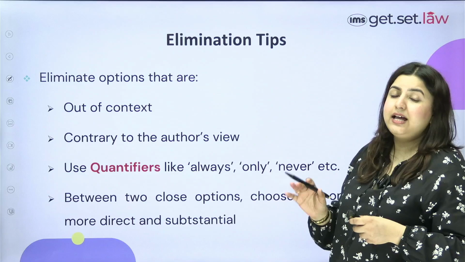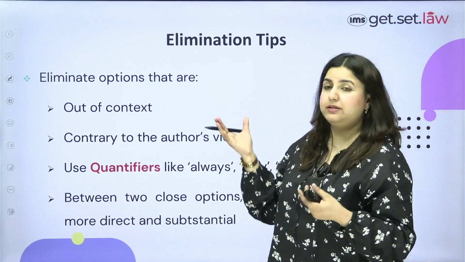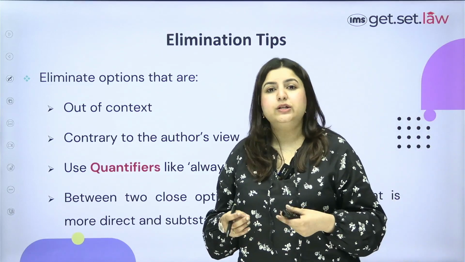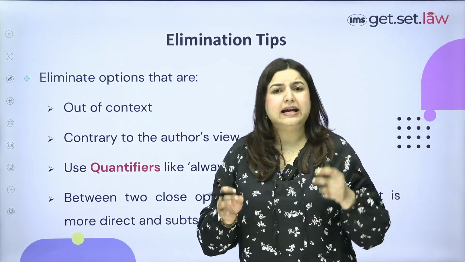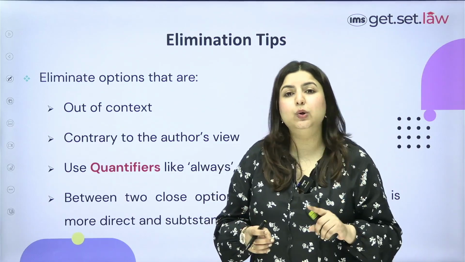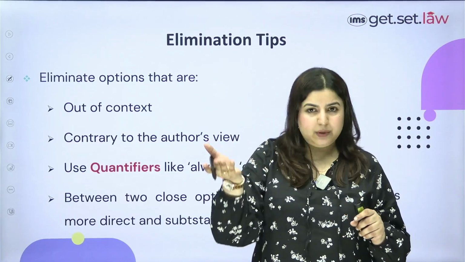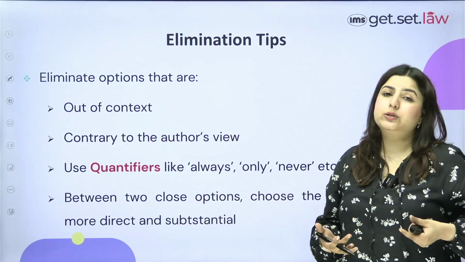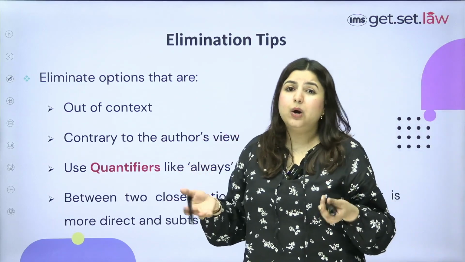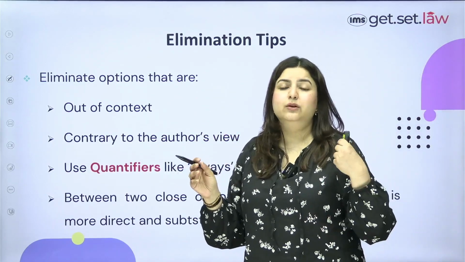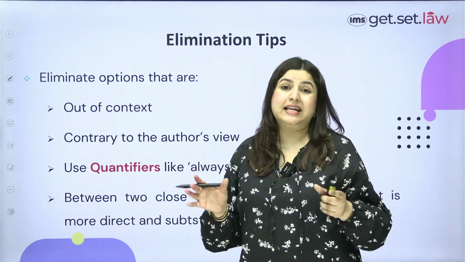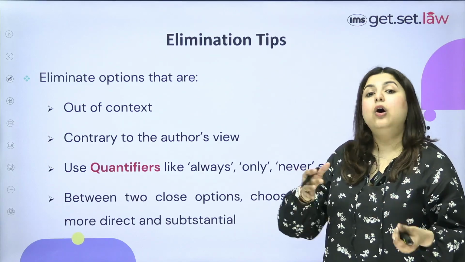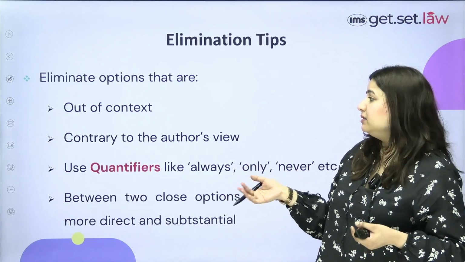Right? And next is, and very fruitful, the tip this is, it's called elimination technique. Now, once you're done understanding the passage, once you're done reading the question, next thing that I'd suggest is, instead of trying to look for the correct option, why don't you start eliminating the wrong options? This way you'll have a smaller pool of options to choose from. Now, what sort of options to eliminate? The most common ones are out of context, something which is far-fetched, something which is not relevant to the passage in hand. The second ones are options that are running contrary to the author's view or idea, opposite the author's view or idea in the passage.